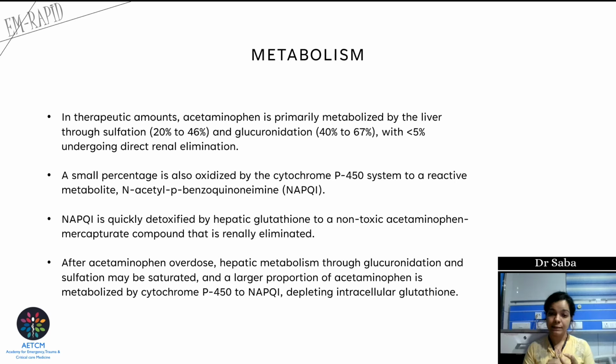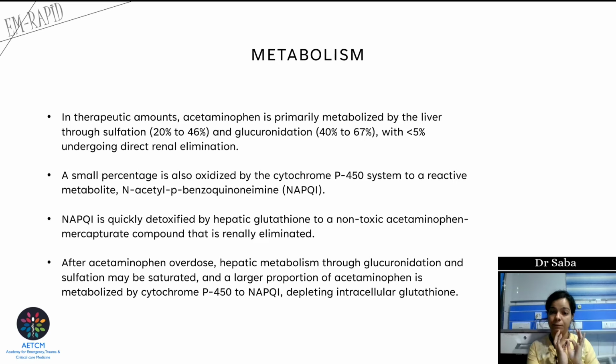Now, NAPQI is again quickly detoxified by the hepatic glutathione to a non-toxic acetaminophen mercapturate compound, which is now excreted by the kidneys. Now, what happens? So basically, to quickly sum it up, you have